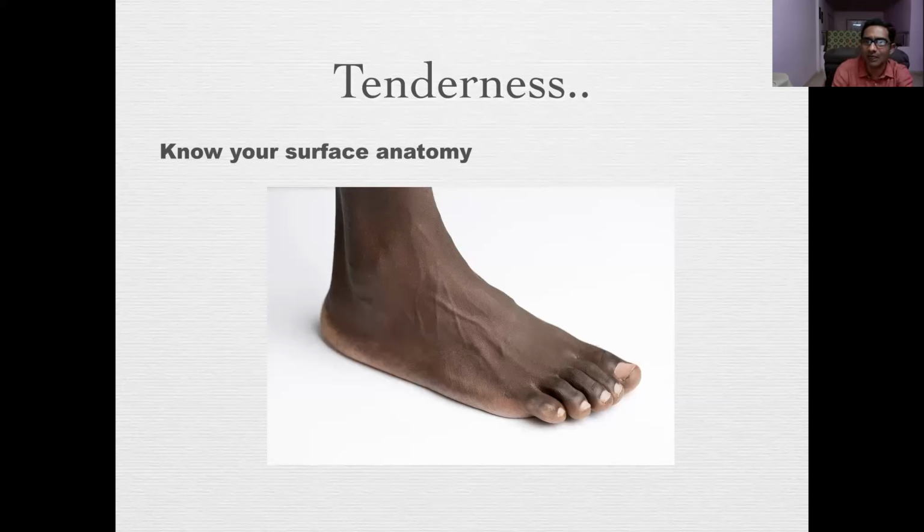Where is the lateral malleolus? Where is the medial malleolus? You join these two lines and about 1 centimeter above, you know that the ankle joint line is there. If you palpate deeply, you can palpate the body of the talus, the navicular, the tuberosity of the navicular, the calcaneocutaneous. So if I draw a line from the tip of the lateral malleolus to the prominence, again, I don't have a pointer, to the prominence of the base of the 5th metatarsal.